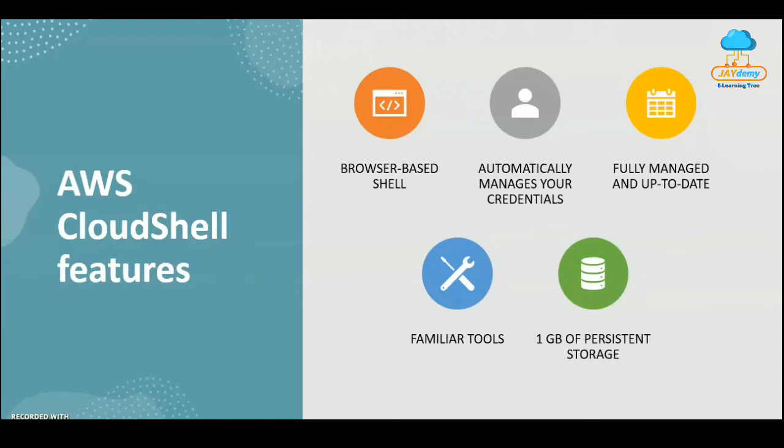Cloud Shell is a fully managed and up-to-date service. It includes the latest security patches and the latest version of the operating system and the installed tools, so you can focus on building and managing your AWS resources instead of managing your local machines or software tooling. Even if you are using EC2 instances, we need to do the security patching and any OS upgrades from our end. If you are using AWS Cloud Shell, there is no need to maintain or upgrade these things. This will be taken care of by AWS.